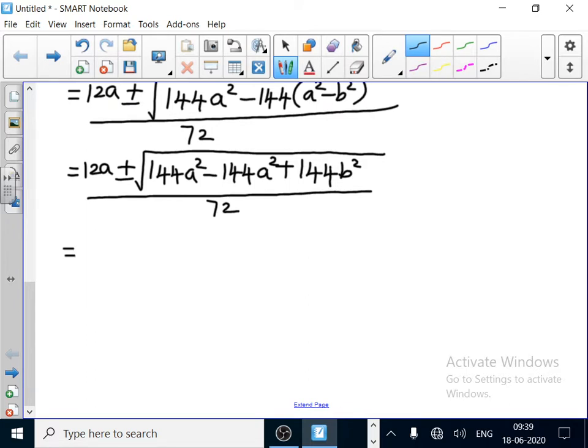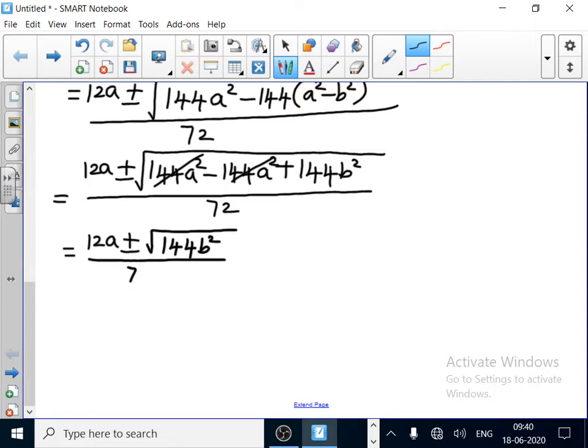You had better write the equal sign here, not in the numerator, write it in the denominator. That is equal to 12a plus or minus square root of, 144a squared minus 144a squared gets cancelled, the remaining term is 144b squared, by 72, that is equal to